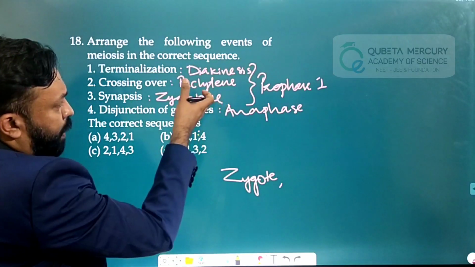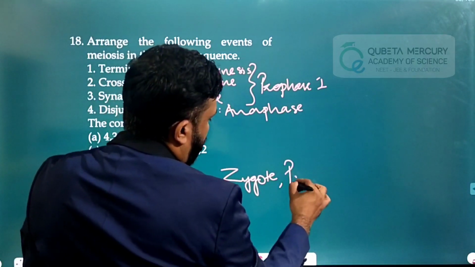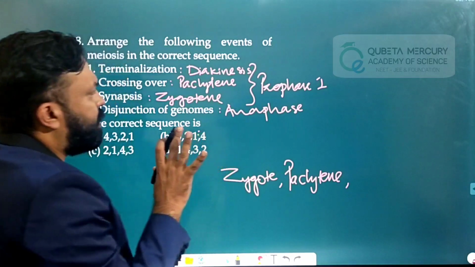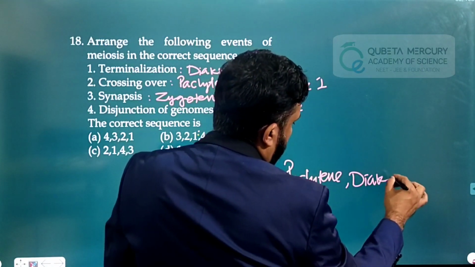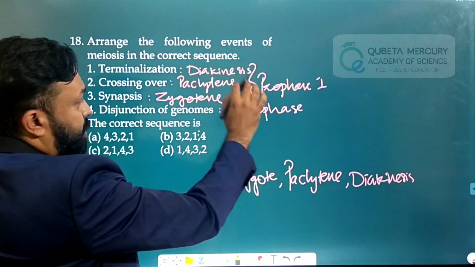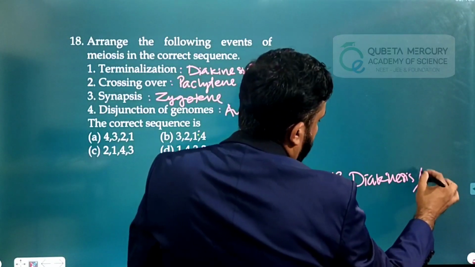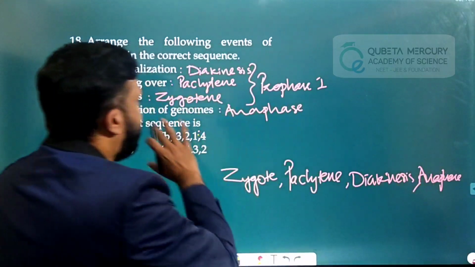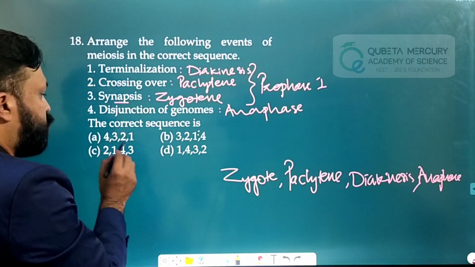And of these, which one will be second? That is the pachytene stage only, the crossing over stage, right? Which one will be at the third position? That will be diakinesis, right? From these options, that is diakinesis. Following diakinesis, following prophase 1, we can see the anaphase, right? So the correct order for these events will be zygotene, synapsis, that should be 3